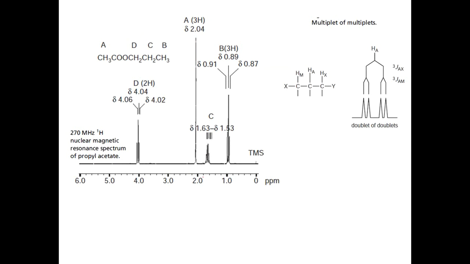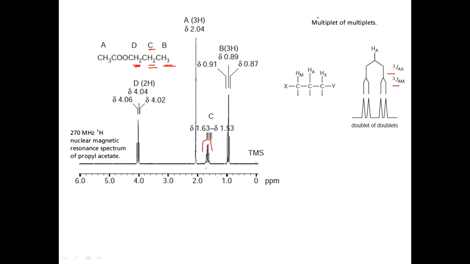Now the multiplicity also changes with respect to how the interactions are. If there are 2 different sets of neighboring protons, first one set will interact with the proton, and then the next set, so the multiplicity will be increasing based on that. In case you see this particular CH2 proton, it has 2 different sets of neighboring protons, one is a methyl CH3 and another is a methylene CH2, so its interaction will change. So it shows a multiplet, right? It will first interact with CH3, then it might interact with CH2, or vice versa. So the number of lines will be increasing.